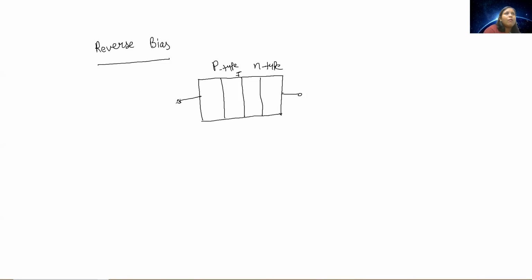Now I am reversing the polarity of the battery. In reverse bias, the majority charges, whether they are holes or electrons, of p-type and n-type semiconductor, will come towards